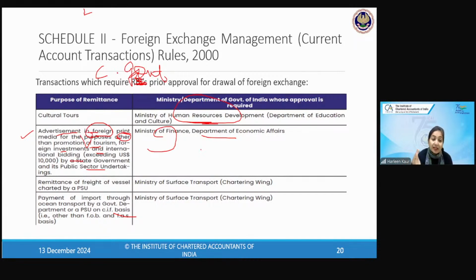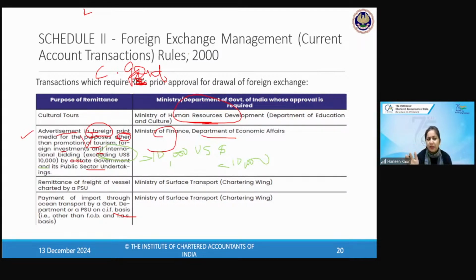Is that clear? Now it depends upon the amount. It talks about how much amount can be utilized for remittance if it is exceeding 10,000 USD. Only if you are exceeding 10,000 USD is the approval required. If the amount is less than 10,000 USD, do you need the approval? Yes, ma'am, or no, ma'am? If the amount is less than 10,000 USD, then it is exempt. No approval is required. Only when the amount is more than 10,000 is the approval required.